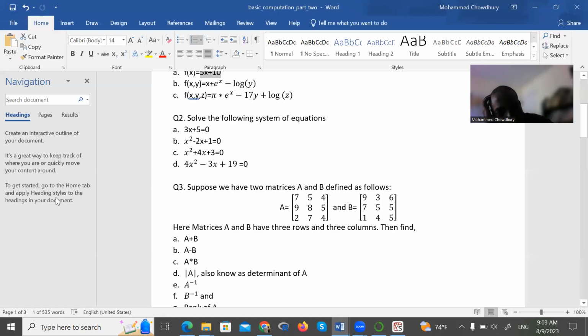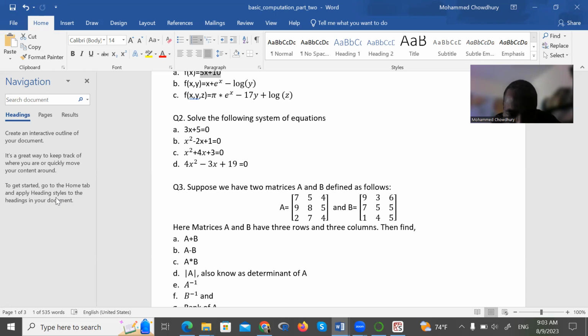Now question 3 involves 2 matrices A and B. Of course, square matrices. If the number of rows and number of columns are the same, then a matrix is called a square matrix. Otherwise, the matrices are called rectangular matrices. Two square matrices we will use here to add the elements of 2 matrices, subtract one matrix from another, multiply one matrix by the other,